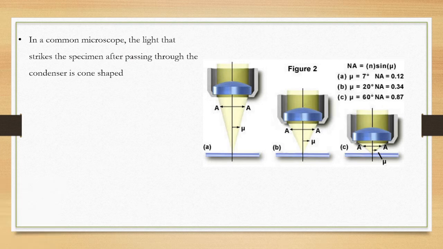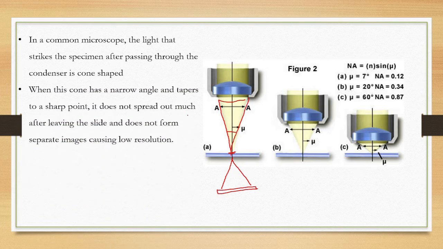Now, in a common microscope, the light that strikes the specimen passes through the condenser, the condenser lens. So the light passing through the condenser passes through the specimen, then goes to the objective lens like this and forms a cone shape. So this is cone shaped, and if the cone has a narrow angle, just like here, and tapers to a point